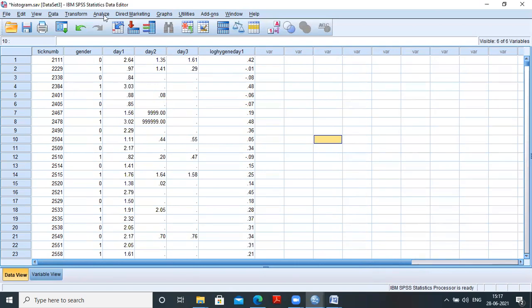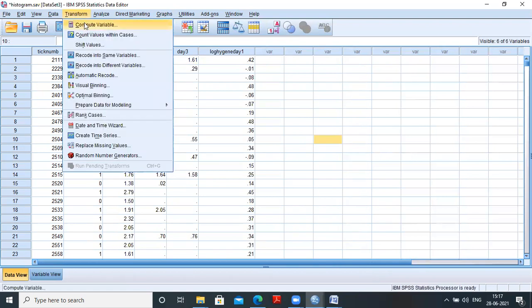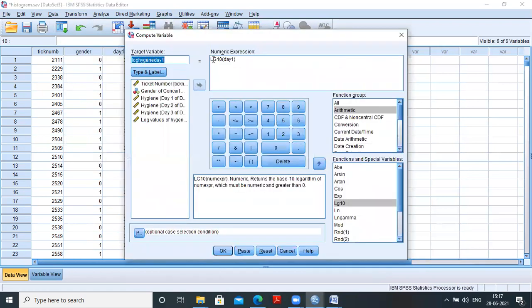Similarly, you can transform the data by taking square root. If I have to take square root, then you have to check here, take the square root values of hygiene day 1. Here you have to take square root.